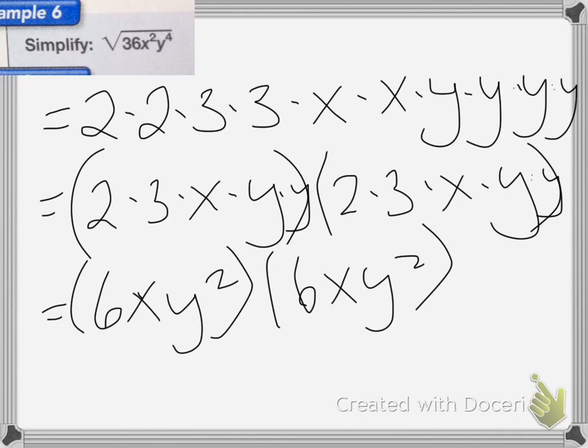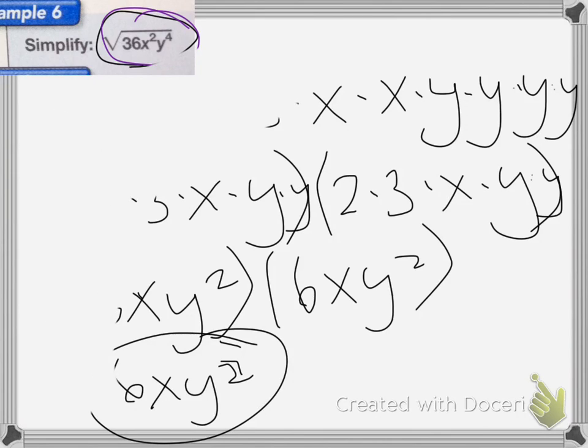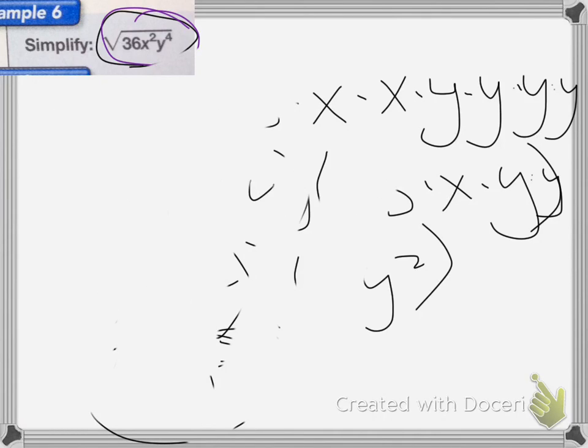So the square root of this number is equal to 6xy squared, because this number times itself is equal to the 36x squared y to the 4th power. The second way is a little bit faster, and we can just find the square root of 36 and